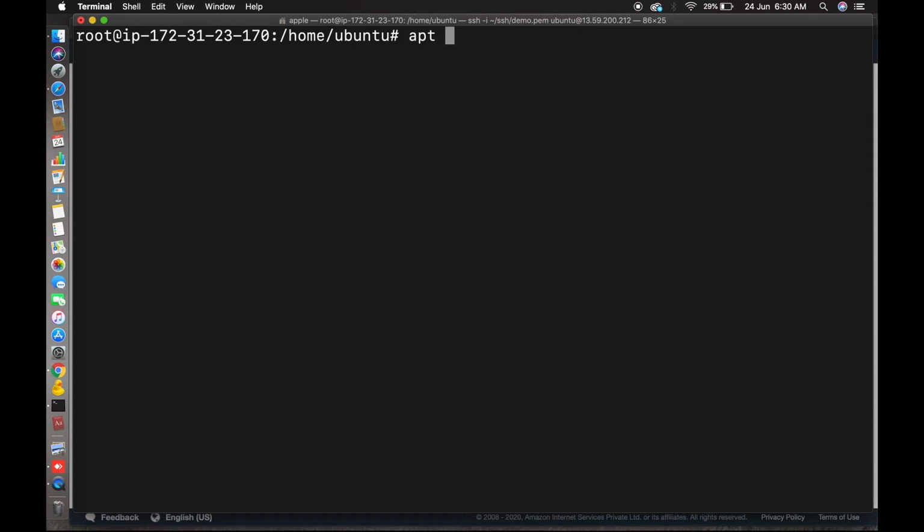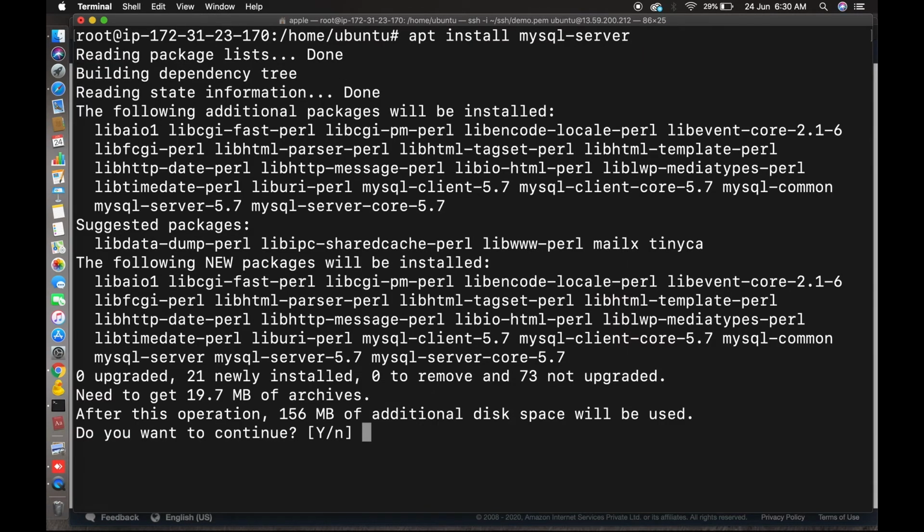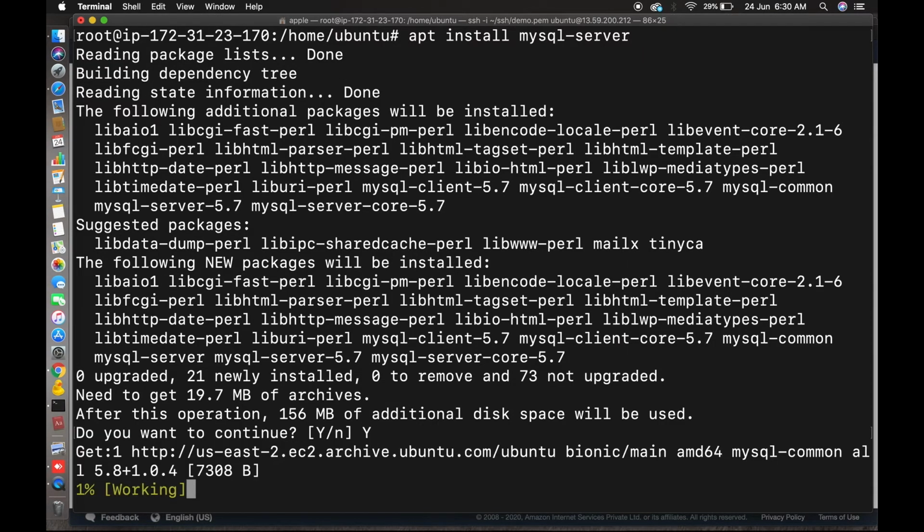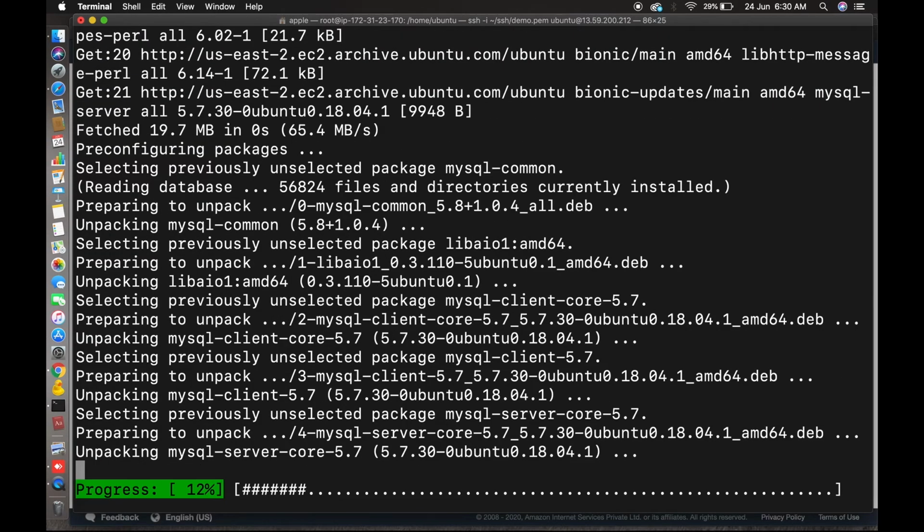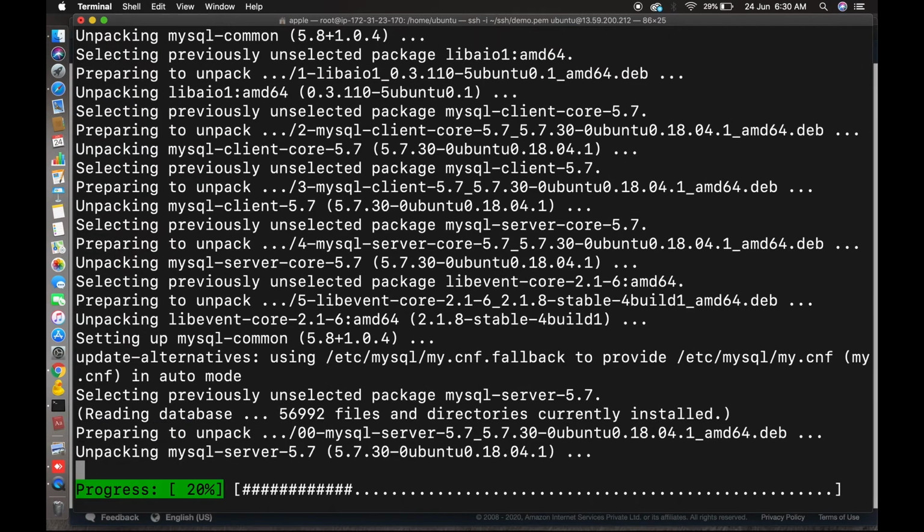Now we will install MySQL. For that, the command is apt install mysql-server. This is a very simple step.